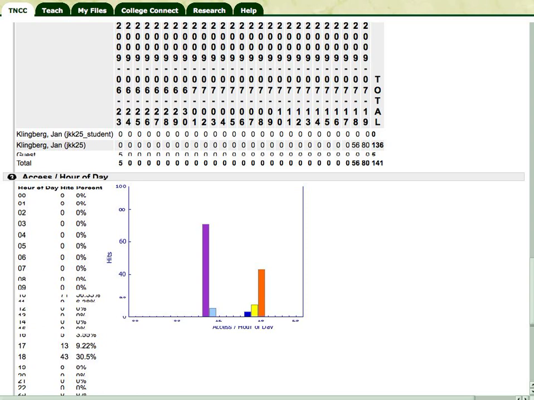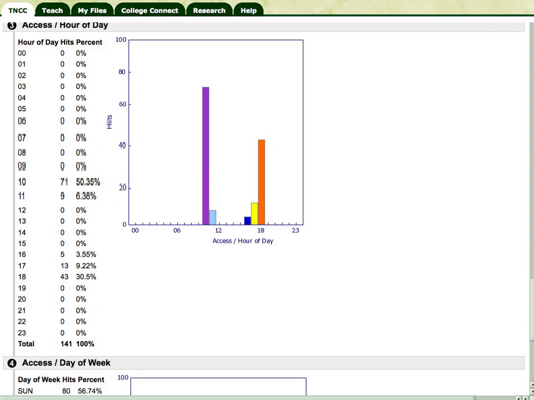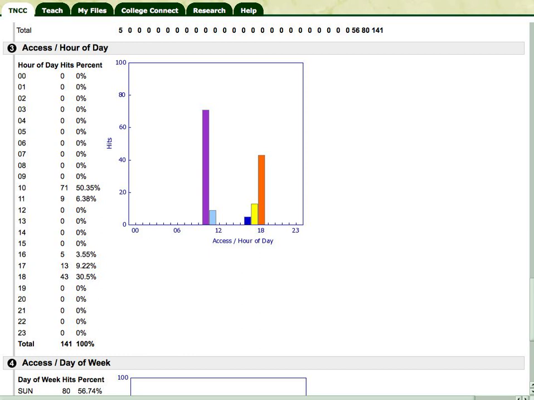Then we have the access of hours of day. Now this can be useful for online instructors because it shows what time of day your students are accessing the course the most. Now, if your students are all working from 2 to 3 a.m., then maybe that's the time you should be chatting with them, because that's when they're all on the computer. So it gives you a lot of information as to when your students are working on your course,